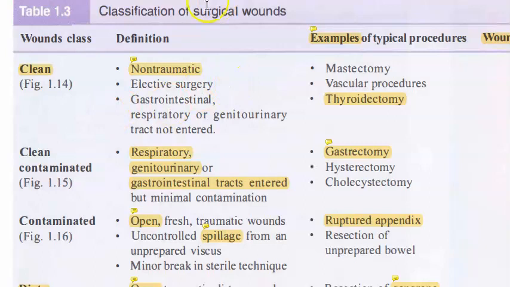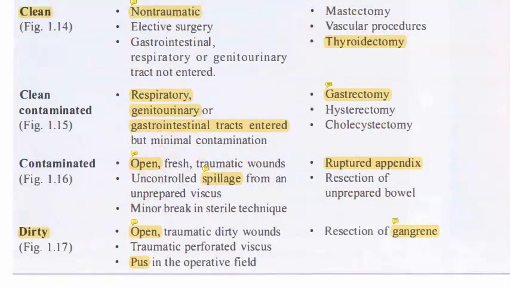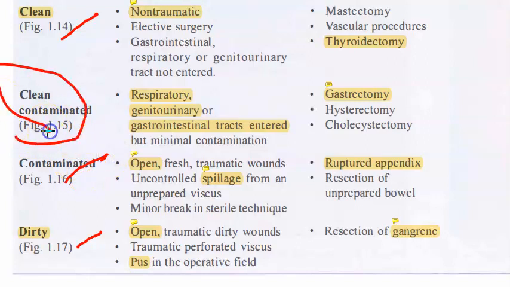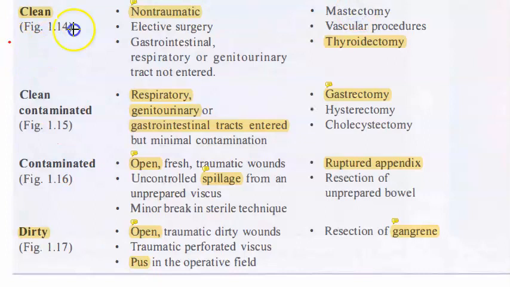Hold on. So look at this, guys. You have the clean wounds, right? Clean, contaminated, and then finally you have a dirty. So definitely clean and dirty we can understand. Contaminated also we can understand. But there is something called as a clean contaminated, which is really strange, isn't it? So you have a clean, contaminated, dirty. Dirty is the one in which there is pus, right? And what is clean? Clean means like you are choosing to do something like a thyroidectomy or a mastectomy. So basically this is clean, right? You are not entering any